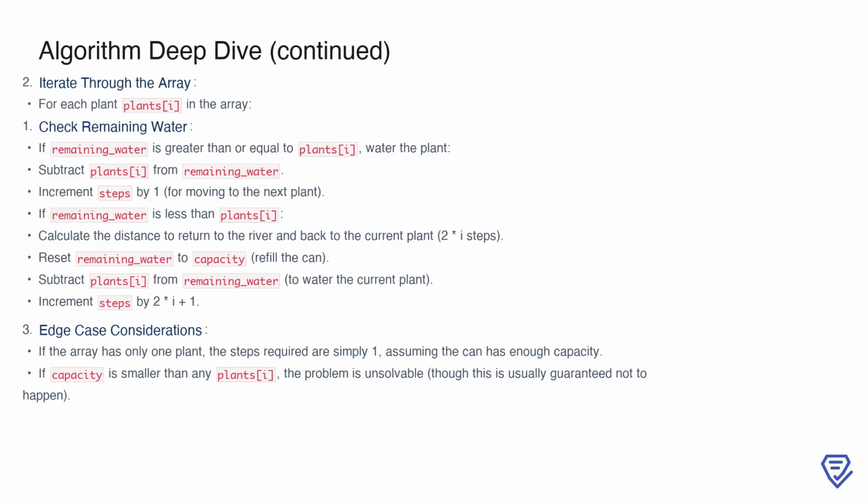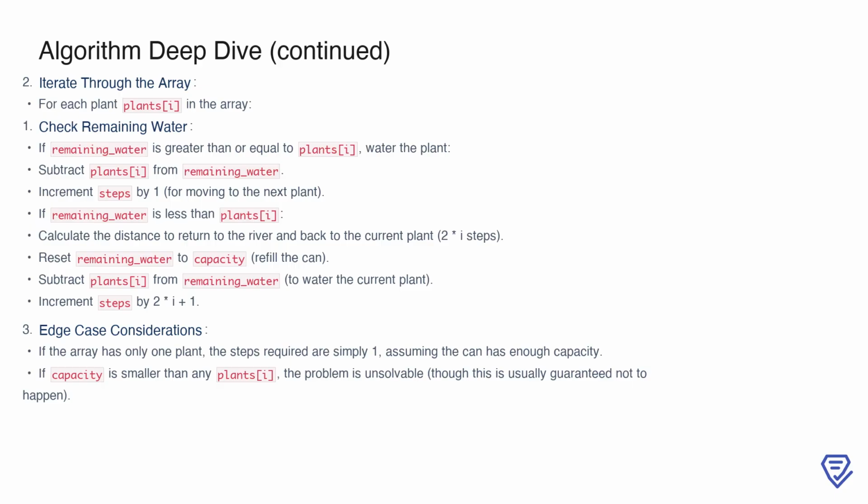If the remaining_water is greater than or equal to the water required by the current plant, we simply water the plant, reduce the remaining_water by the required amount, and increment the steps by 1 since we move to the next plant. However, if the remaining_water is less than the water needed, we have to return to the river to refill